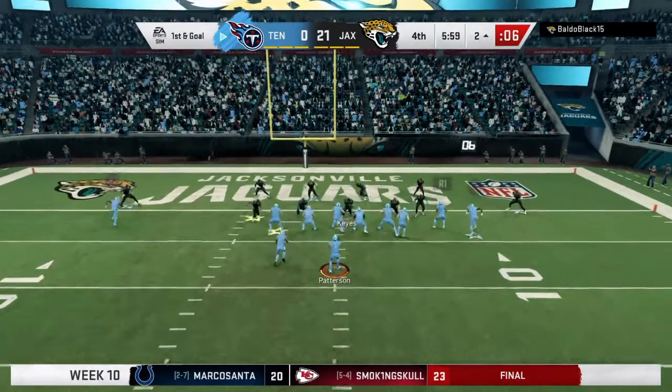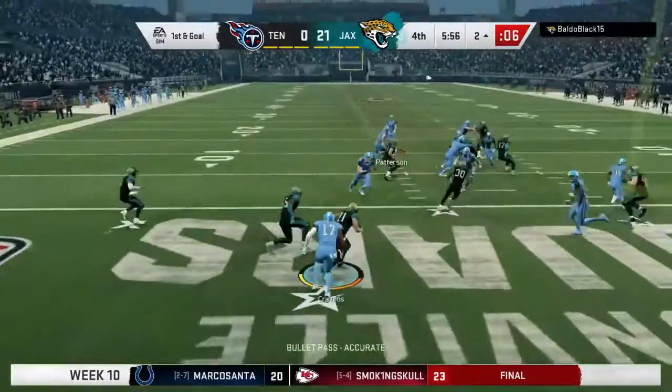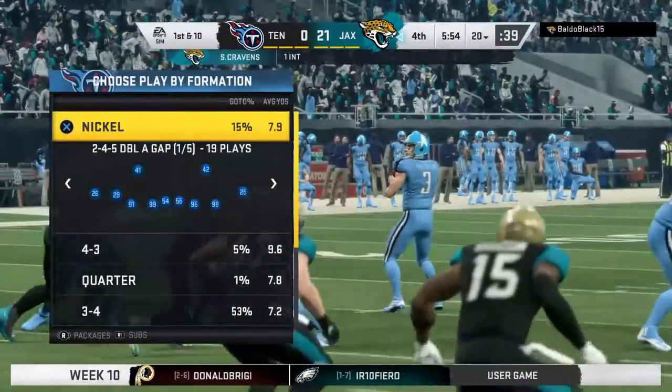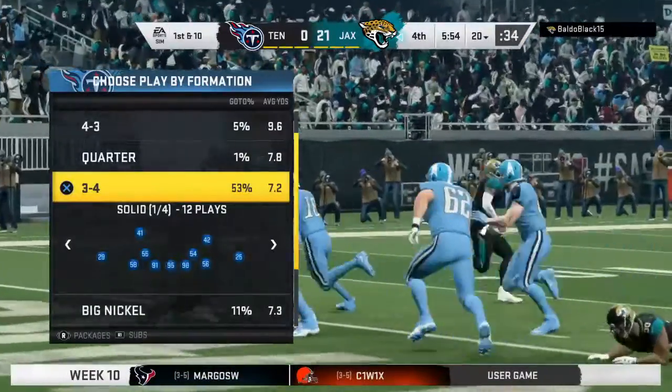Rush in. 5. Operating from the gun, Patterson. And it'll be intercepted. Sua Cravens with a pick. And a big turnover there as his guys will get the football back. Well, stating the obvious, this is going to be one that the rookie